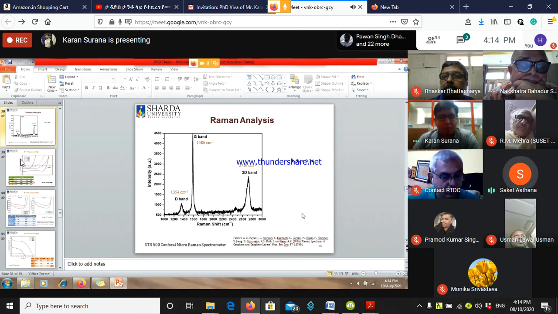Other things can also be extracted from the Raman analysis, such as modes and all those things, because you have a set of samples. If you consistently record Raman and see how their modes are varying, some other insight can be obtained. And then what is the role of the impedance analysis here? You have shown some of the circuits.